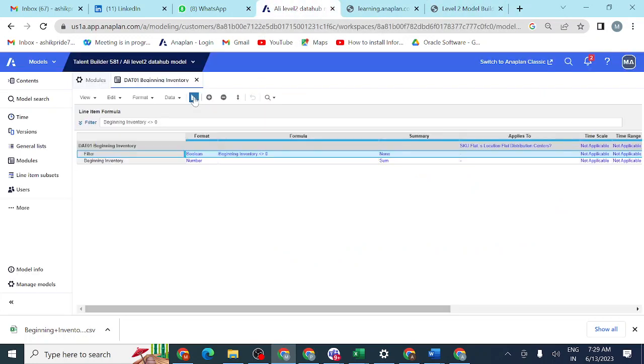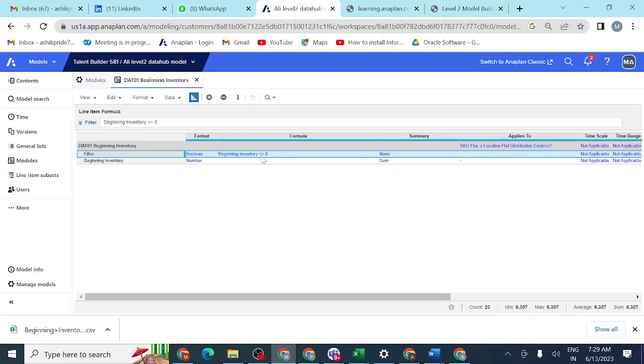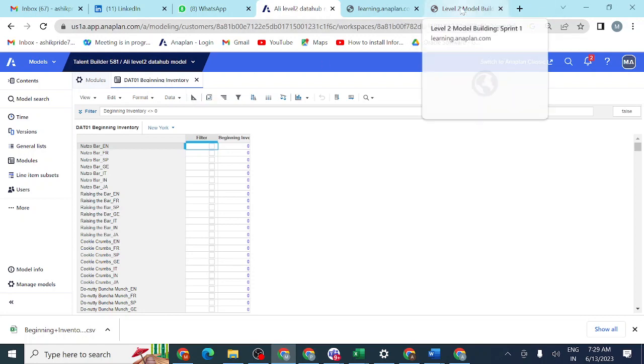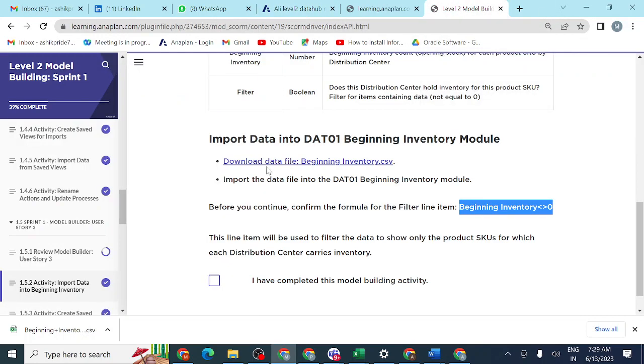Yes, it already exists, so there is no need to write anything here. We need to import the data from the file we downloaded. This line item will be used to filter the data, showing only the product SKUs for which each distribution center carries inventory. If it carries the product, it will give true. If it doesn't carry any product, it will show the false statement.